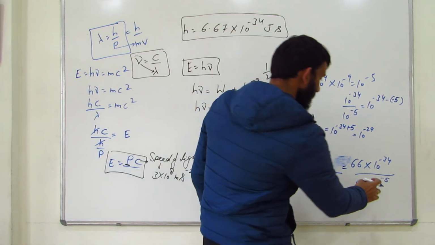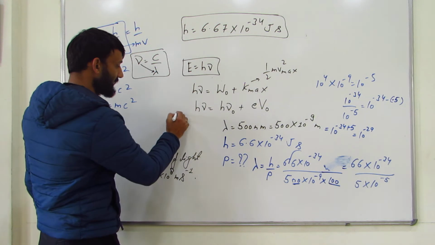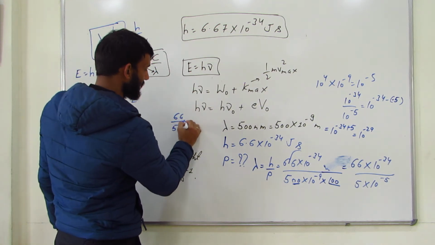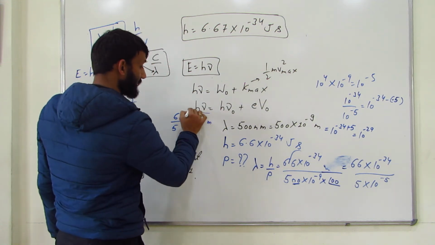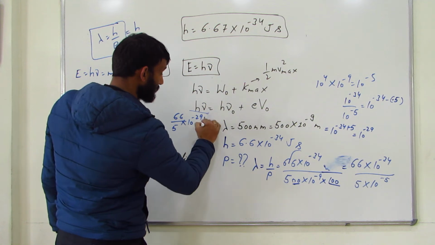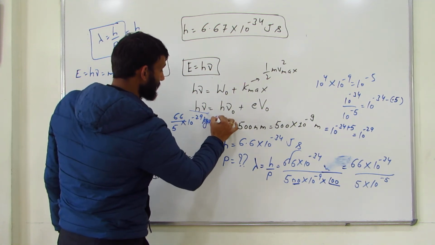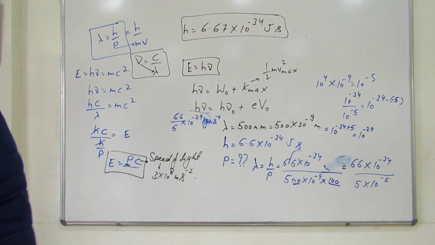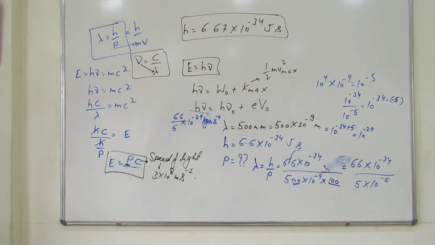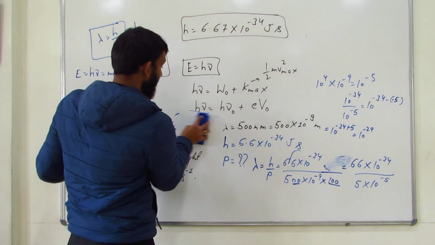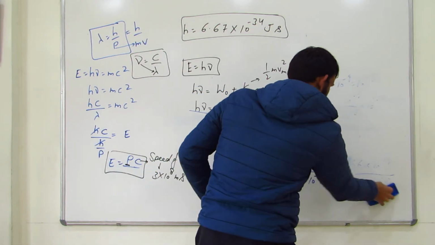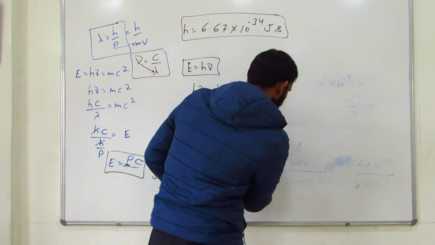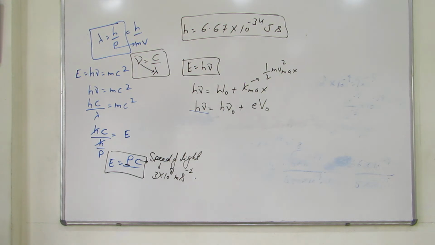So if you solve these two, it will be 66 divided by 5 into 10 to the power minus 29. And since we are talking about momentum, it has to be in kg meter per second. So you divide this, you can easily do that by using your calculator and your answer would come, right? So this is one which I have shown how to do it. One I will dictate, in fact I'll dictate one or two more and then you can do them on your phone, and that would be it from my side.